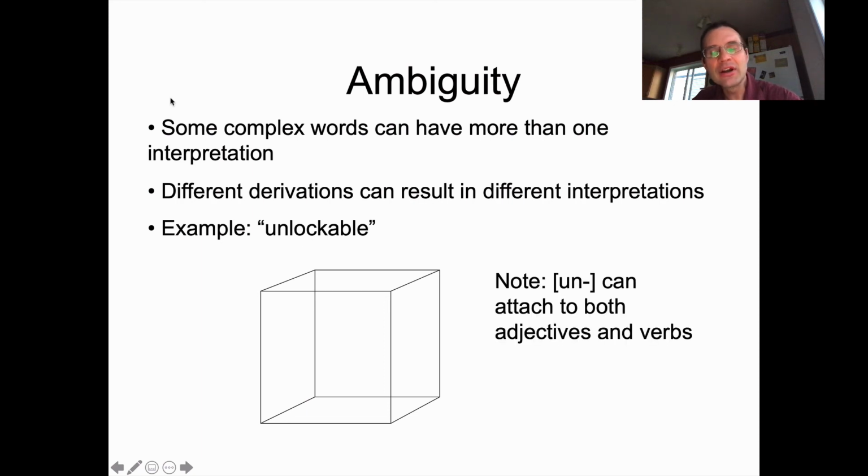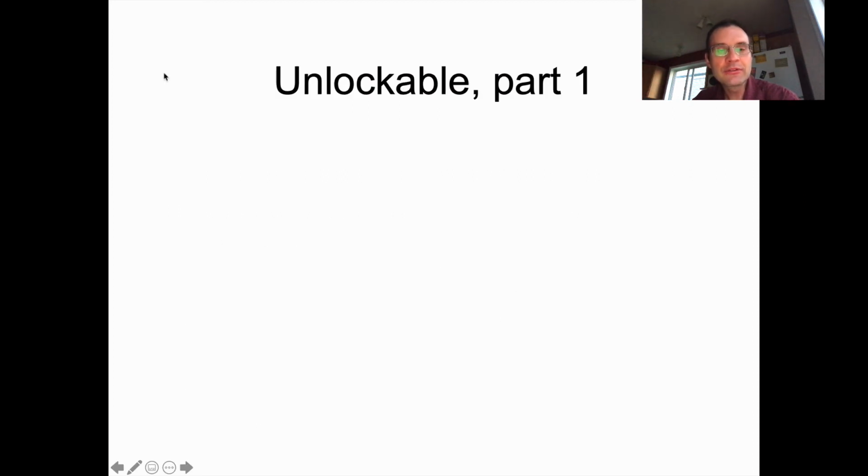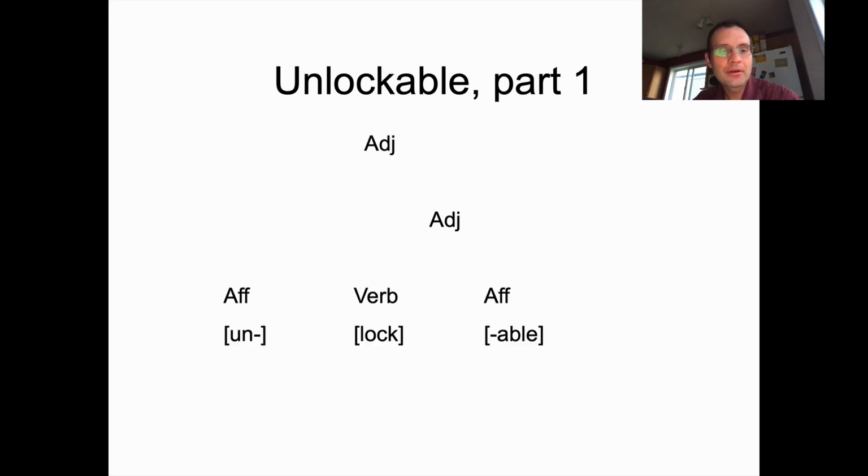The trick here is that un is a prefix that can attach to both adjectives and verbs. And able attaches to verbs and creates adjectives. So ultimately, you can walk through the derivation of this complex word in two different ways. So part one, we have these three morphemes, un, lock, and able. And in this case, able attaches to lock first,